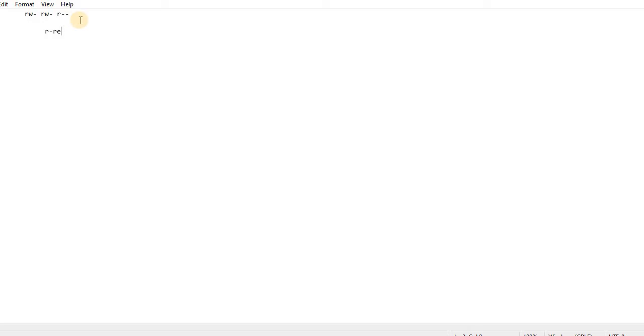R means read permission, W means write, X means execution. So read, write, execution permissions. That is fine, but why do we have three groups here? We have rw-, rw-, r--, so we have three sets.